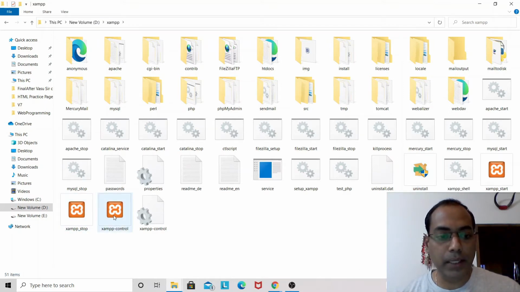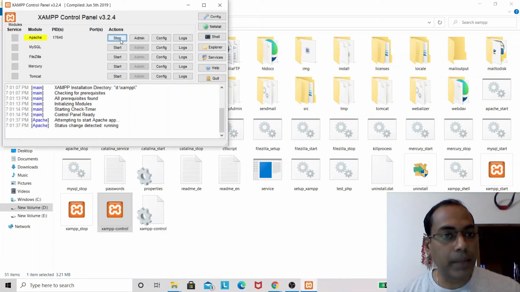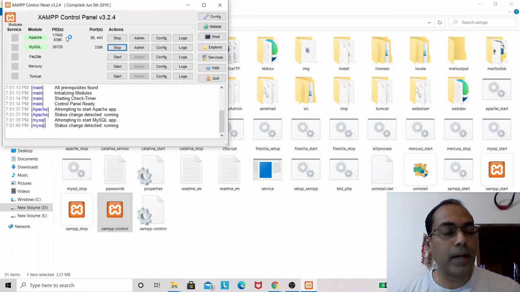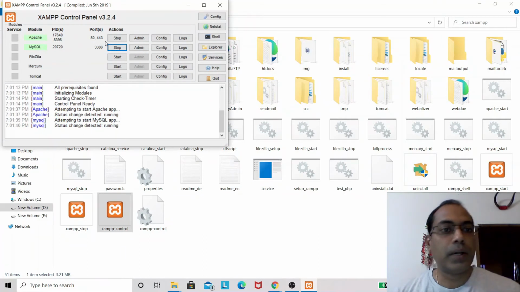First thing, you have to click on the XAMPP control icon. Here you get the options to start, stop, as well as to see the logs and also set the configuration for various packages. Click on the service start for Apache and click on the service start for MySQL. When you click on Apache start, you can see that the ports on which the Apache web server is listening are 80 and 443. Both are working fine. You can see over here in the log, everything is running fine.